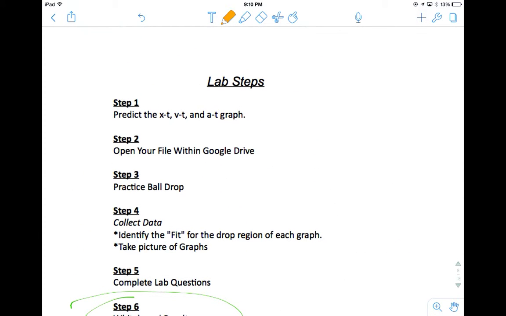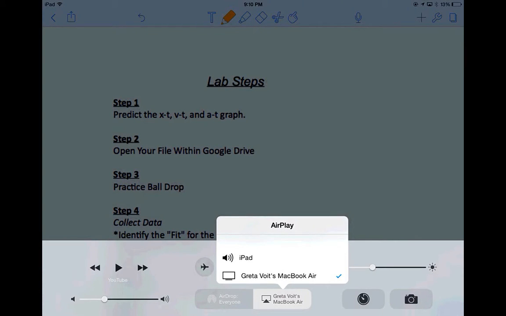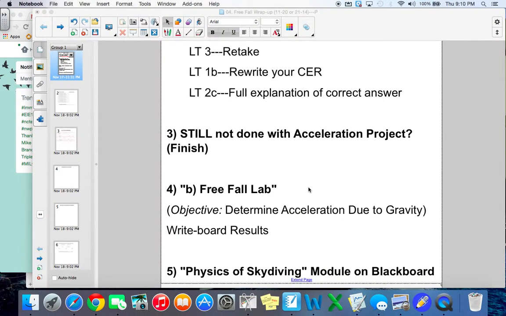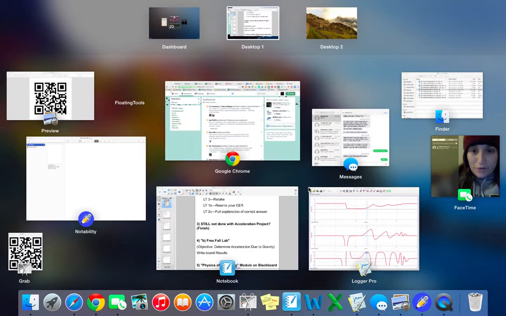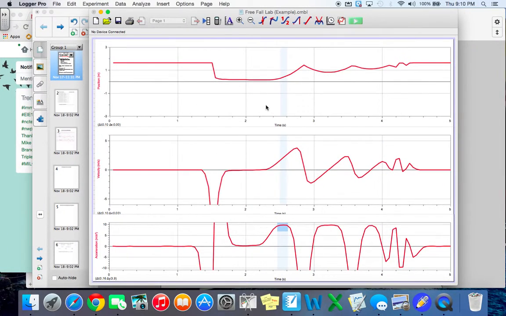So with that in mind, I want to see if we can look at what this is going to look like in the lab. You're going to find your sensor, get to your lab station, get to the laptops. And once you drop the ball, it's going to look something like this. Or it should look something like this. If it doesn't, you want to keep redropping it.